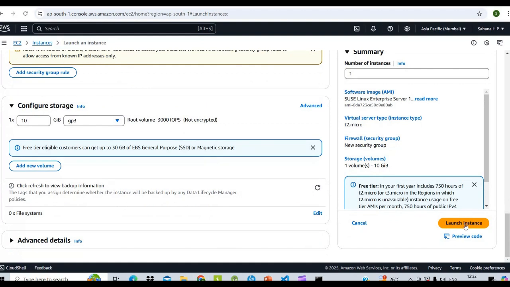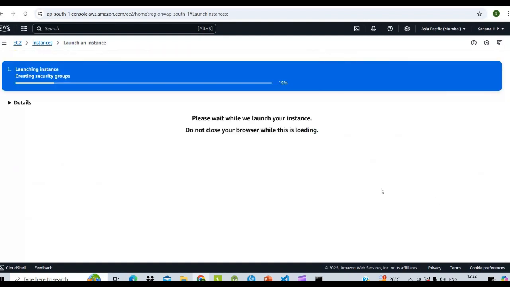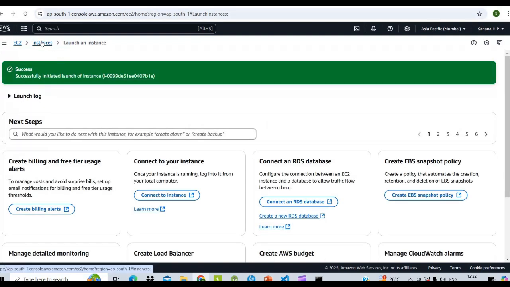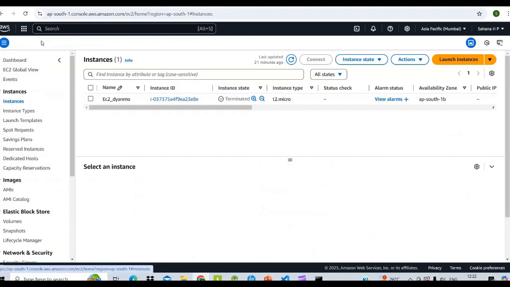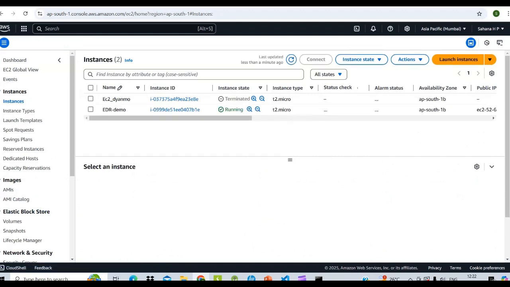Then click on launch instance. The instance is successfully launching. The instance is created successfully, right?